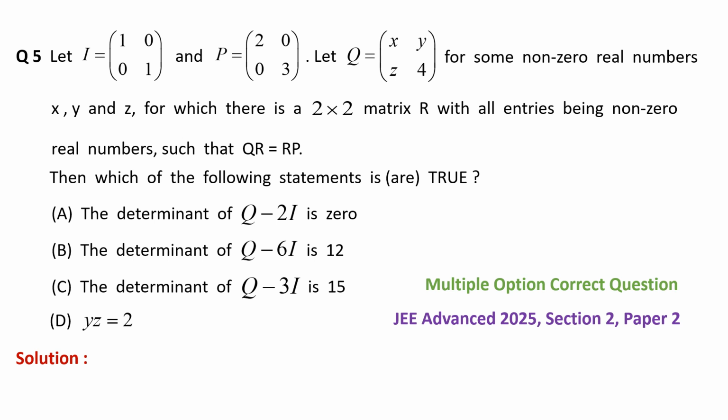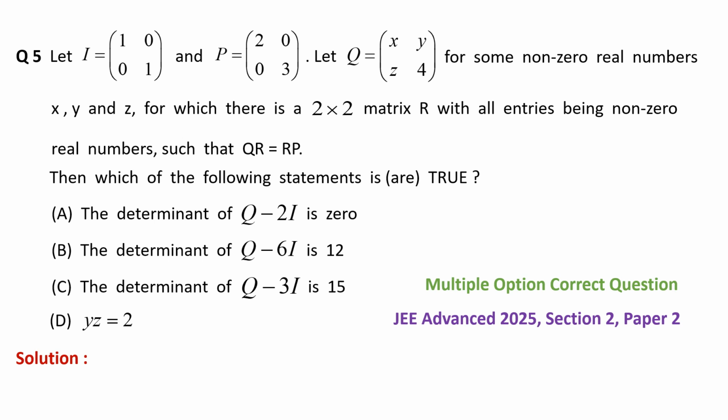true? The first option is the determinant of Q minus 2I is 0. The second option is the determinant of Q minus 6I is 12. The third option is the determinant of Q minus 3I is 15, and the last option is y into z